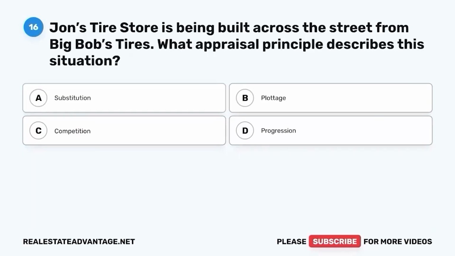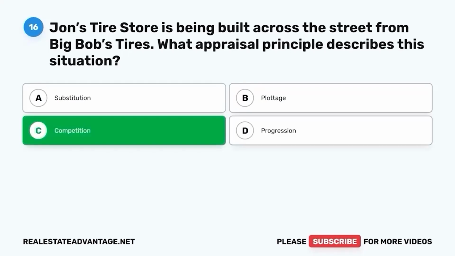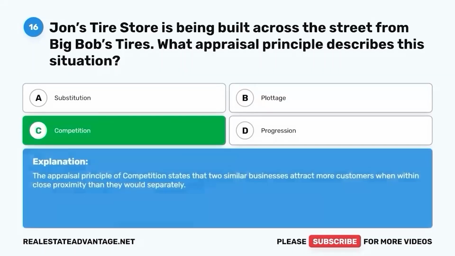Question 16. John's Tire Store is being built across the street from Big Bob's Tires. What appraisal principle describes this situation? A. Substitution. B. Plottage. C. Competition. D. Progression. The correct answer is C. Competition. The appraisal principle of competition states that two similar businesses attract more customers when within close proximity than they